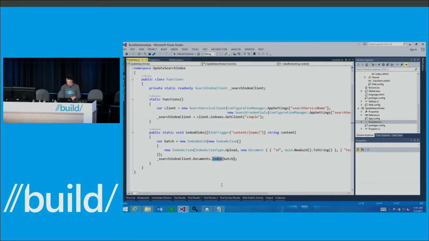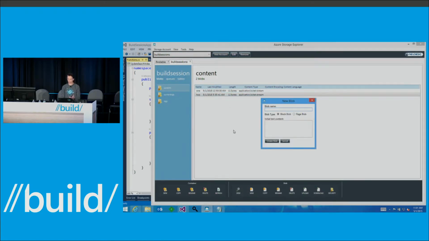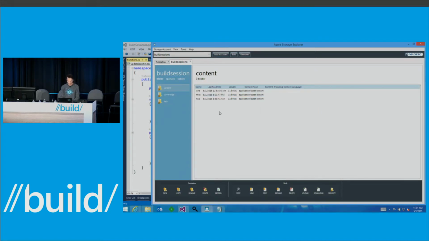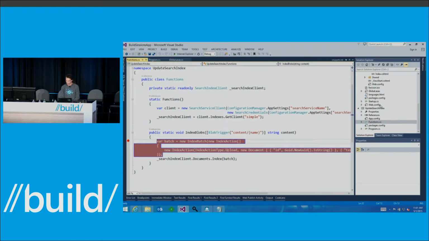Let me show you an example of how this looks when it runs. This is just Storage Explorer. I have a container here with a couple of blobs. They also keep track of what blobs they already went through and called you for, so you don't redundantly index stuff. So let's create a new blob here, and then set a breakpoint here. So if I run this guy,